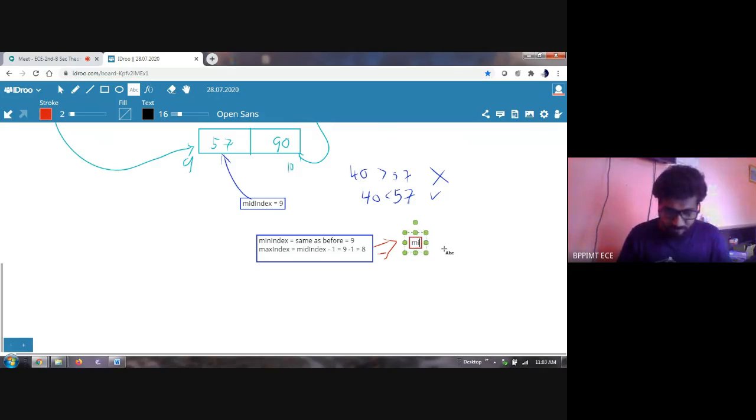Here, min index becomes greater than max index. Right? Min index becomes greater than max index, 9 greater than 8. That is my ultimate situation we are having. So once this is achieved, min index greater than max index,